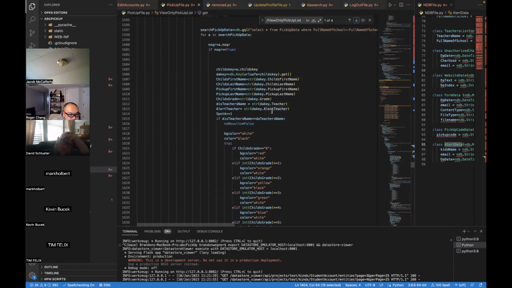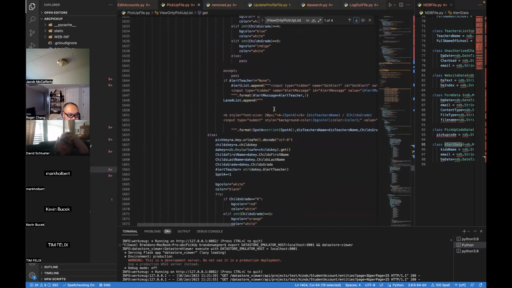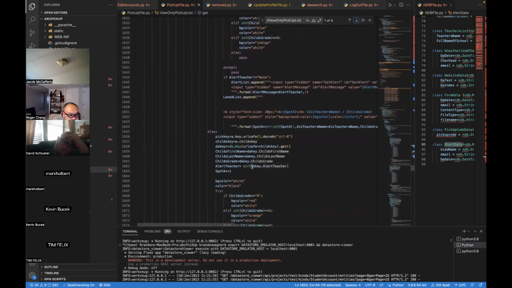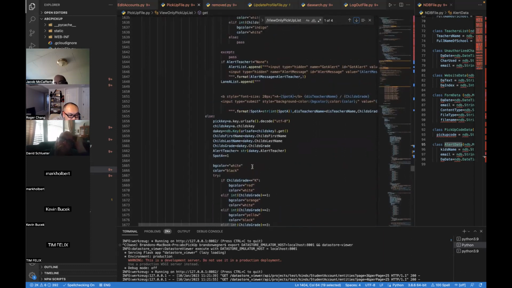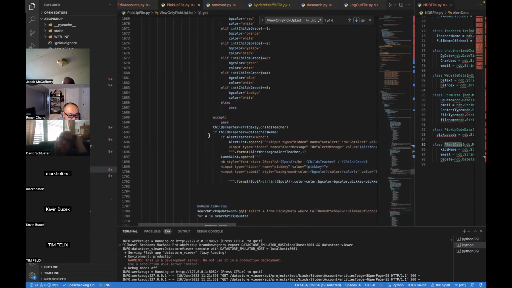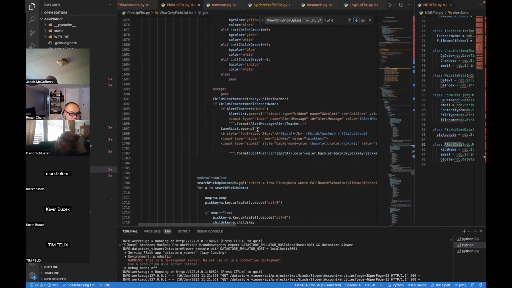So whatever's saved in the database for that alert, as it comes across, let's see, where do I add it? Yeah, if alert_teacher not equals None, so if there is an alert, and it's not a None type object, nothing saved in that part of the database, then it adds to the alert